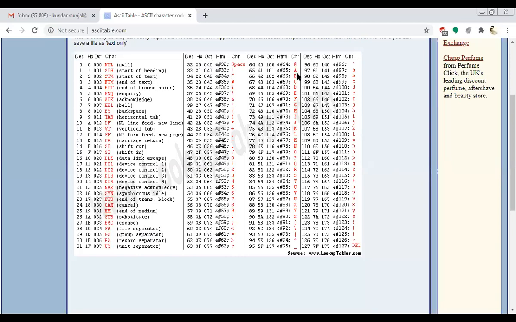If I talk about characters, these are the uppercase letters A to Z, and their ASCII values range from 65 to 90. From small a to small z, their ASCII values range from 97 to 122. For this problem, we are particularly interested in these character ASCII values, and how we'll be using them depends upon the problem. So let us read the problem first.